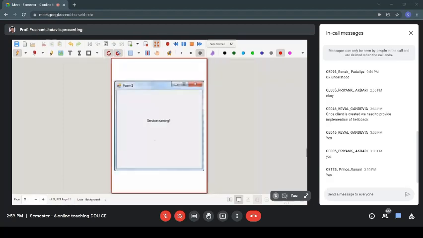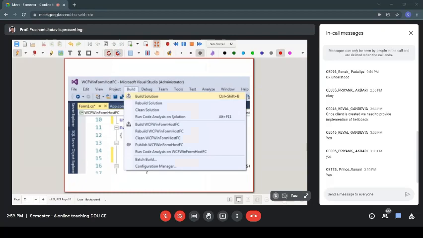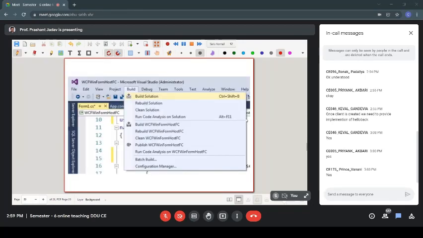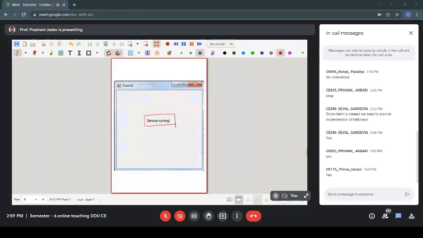And if you are getting the response that the service is running, that means everything is fine. Otherwise, you can put this code under a try catch block, and here you can display the error message in case something goes wrong over here. Okay, so once you get the service running,